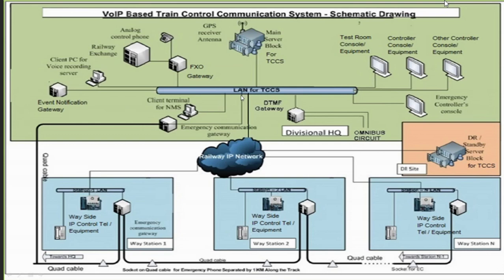So we have 3 types of instances: temporary single line working on double line during total communication failure, working of trains in double line, and working of trains in single line. These are the 3 different situations during total communication failure, and they have different rules to run the trains. Whatever the condition, our main role is to restore the first available means of communication to start running the trains.